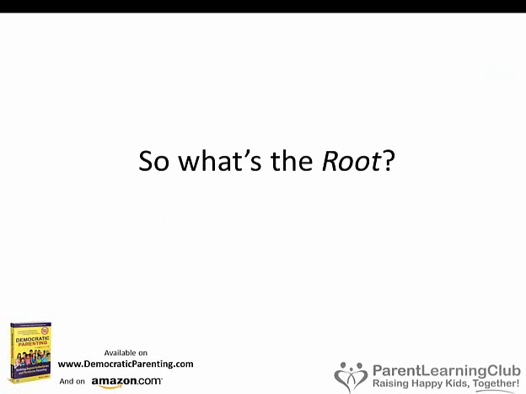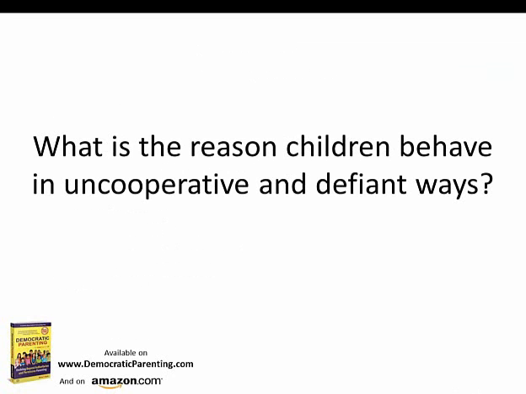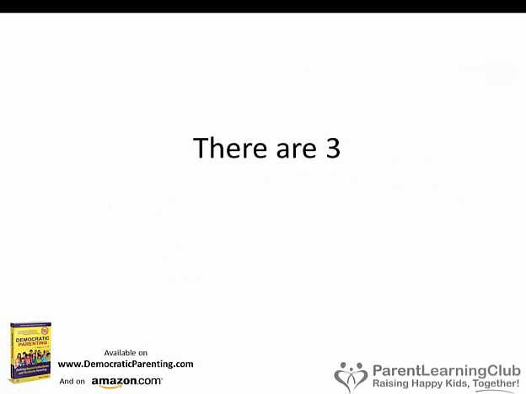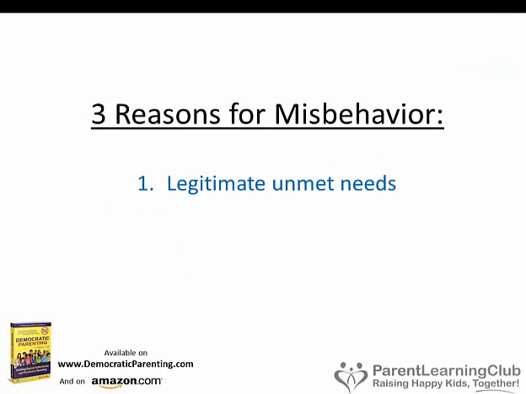So what's the root to this type of behavior? Why do kids act in defiant ways or become oppositional? So there are three main reasons. And again, if you have my book, Democratic Parenting, you're familiar with these. And it's very important for us to go over this again and again so that we can really understand how to affect a total transformation on the side of our child's behavior so that they become more cooperative and less resistant. So the first reason that a child will misbehave in any way, in this case we're talking about defiance,